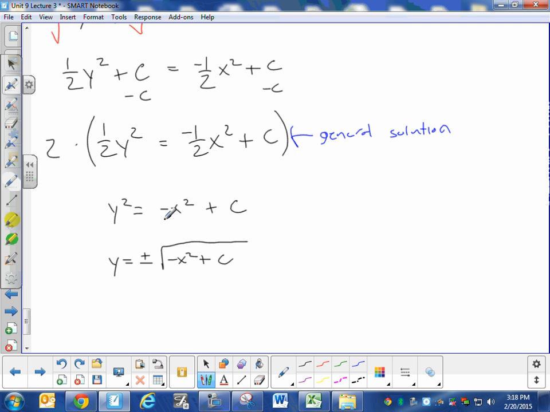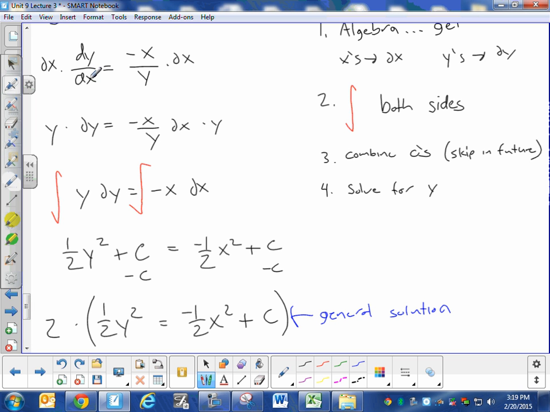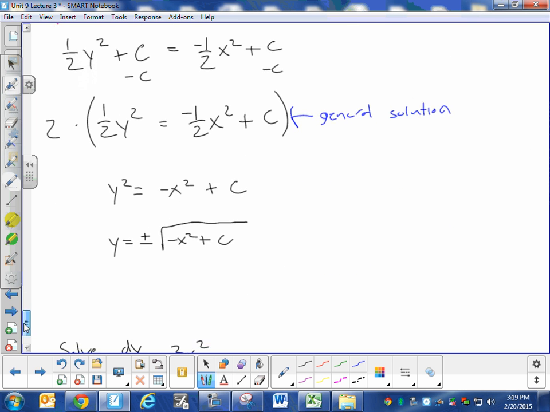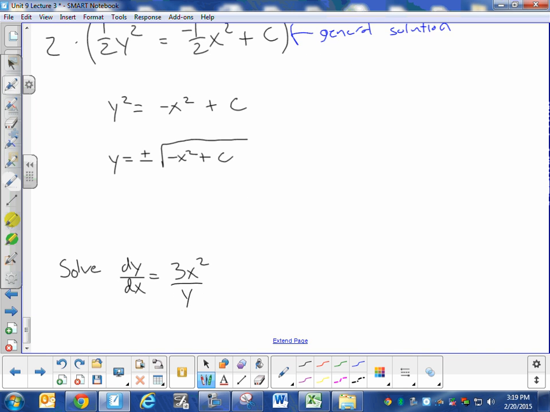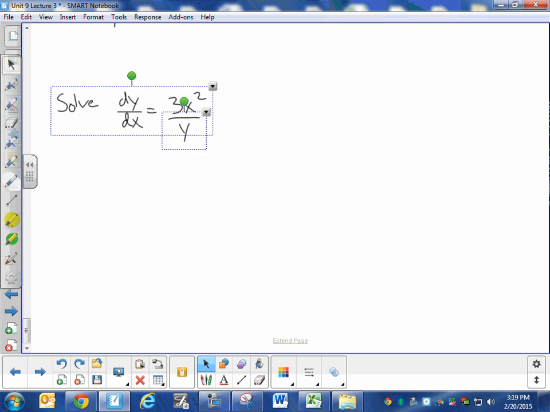Or if you graph this, whatever it looks like, it would have slopes of tangents that would be determined by this. Okay? And we'll come back to that one and look at it a little bit more in a second. Let's just do another one. Let's solve another differential equation